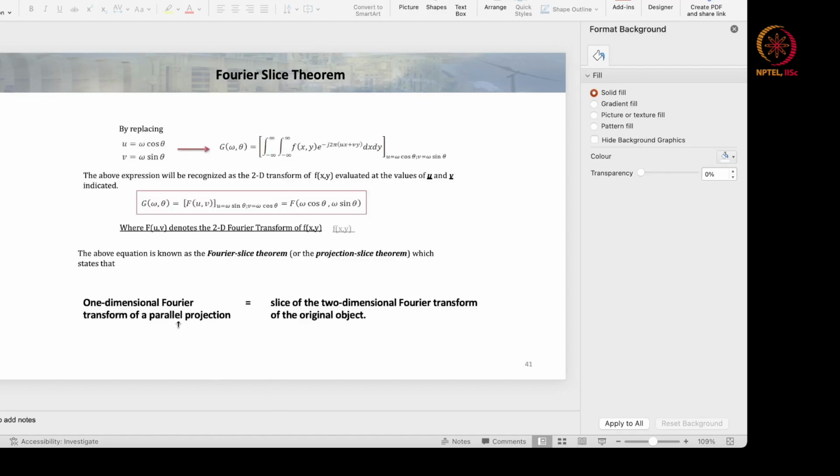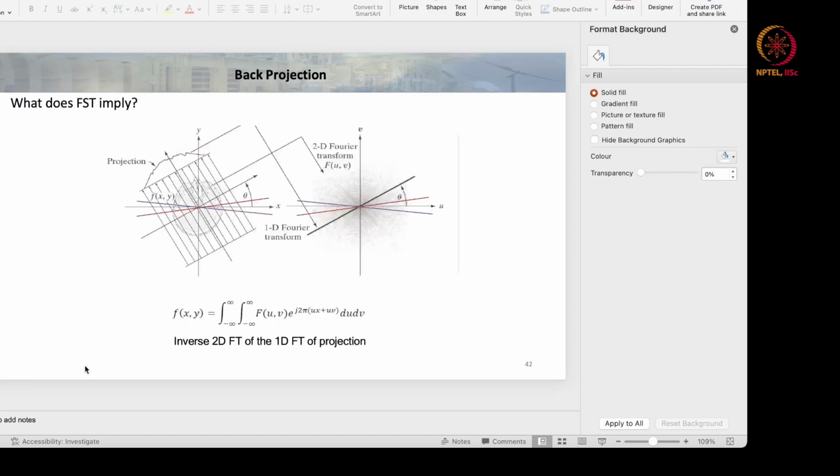So this is the important part: the one-dimensional Fourier transform of a parallel projection is nothing but if you take the two-dimensional Fourier transformation and take out a slice at a certain value of u and v. All right, so this implies that, for example, this is one projection, which is evaluated at a certain angle. You can have a projection evaluated at a different angle,